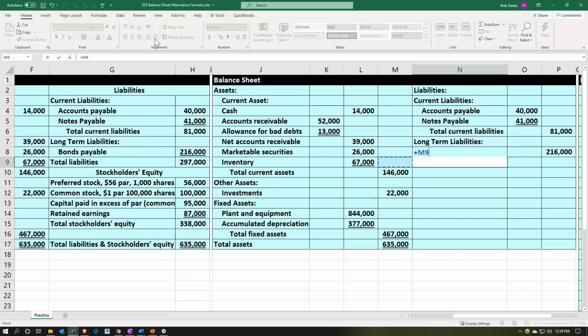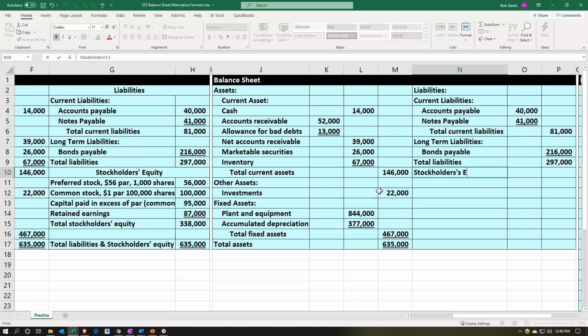Then we'll pick up the total liabilities, which is going to be the sum of the outer column now, equals the sum of the 2 numbers in the outer column. And so there we have that. Let's underline this one, home tab, font, underline. Then we're going to have the equity. So we're going to call this